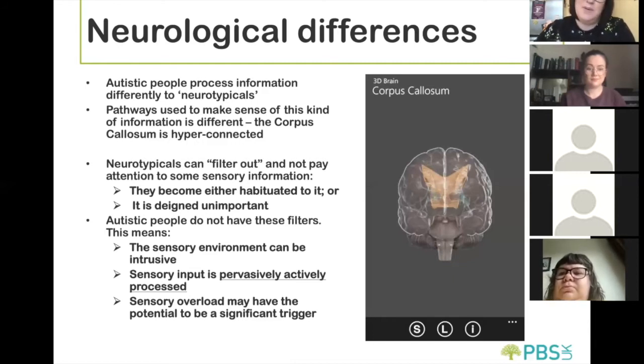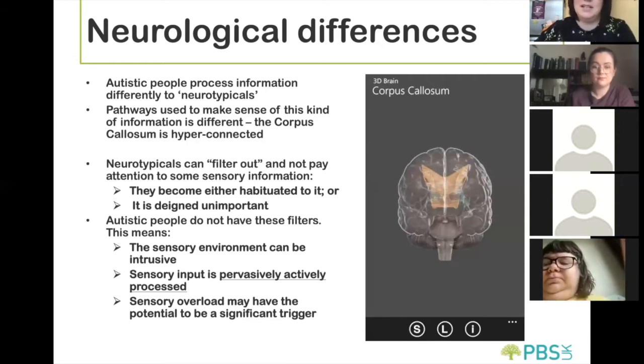And it can be a gradual process. It can build up and build up and build up. It can get to the point where that person is highly sensitive, and one additional little extra bit of sensory information is just enough to tip that person over the edge, if you like, and lead to them no longer being able to process and needing to do something to manage that environment more effectively, to escape it or to cover up the thing that they're finding particularly difficult. So it's that difference in filtering sensory information that I think is really, really relevant here.